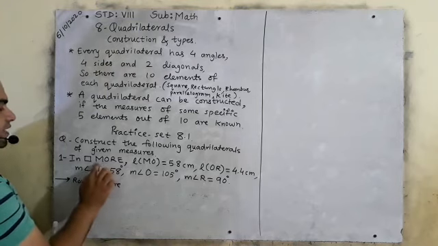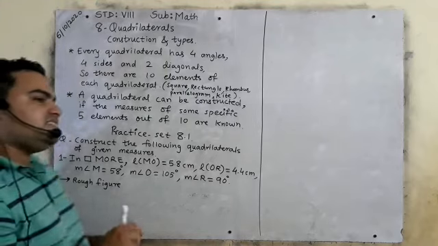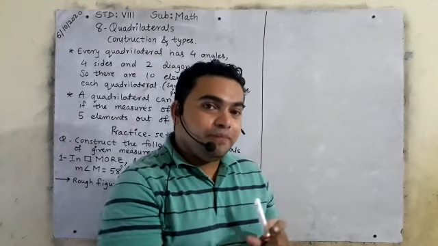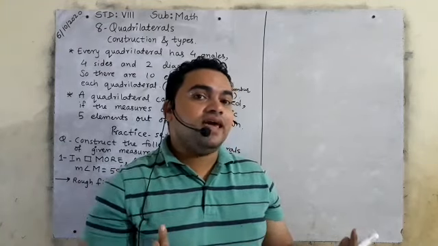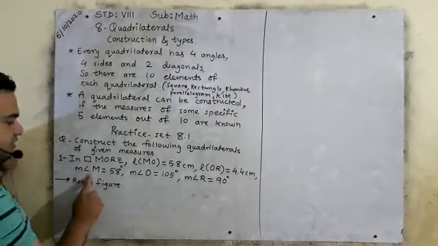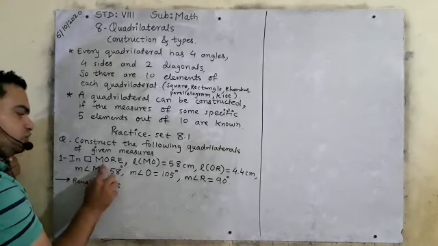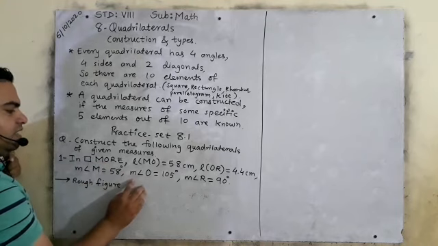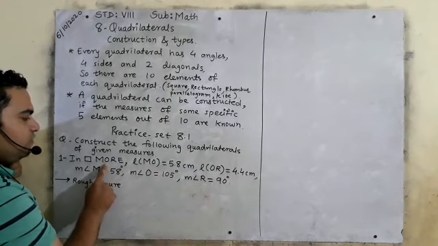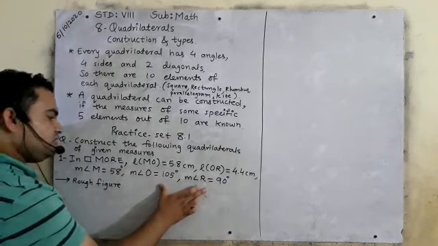Either you can take MO as a base or you can take OR also as base. As we have drawn the construction in 7th standard, if you want to draw a triangle, you will take the base whose angles are given to you, right? So here see, measurements of 3 angles are given: angle M, angle O, angle R. You can take MO as a base, because angle M is 58 and angle O is 105. You can take OR also as base, because angle O is 105 and R is 90 degree. So you can take these two as a base or these two as a base, no problem.